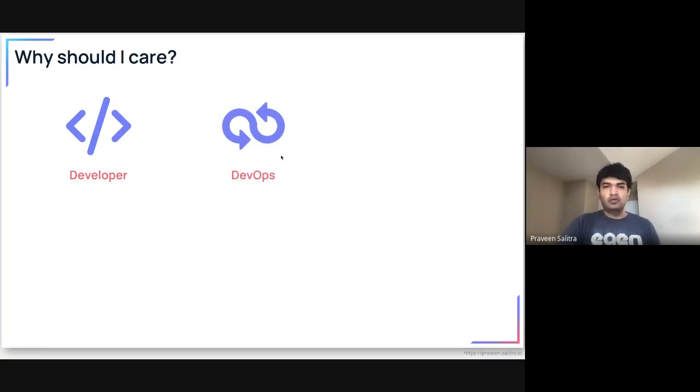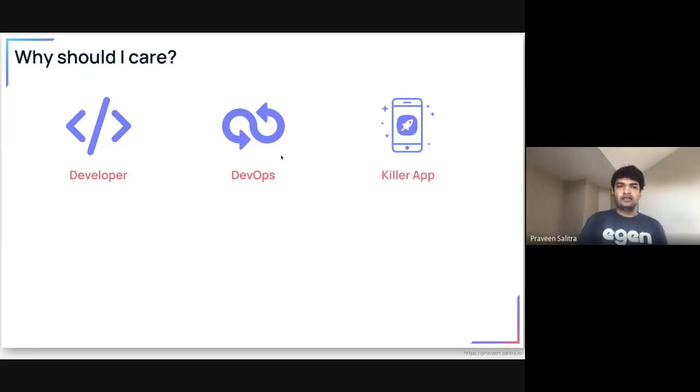Or maybe you are more focused on the infrastructure side, operation side. So you want to become an SRE or a DevOps person, again in these modern companies. Or you and a couple of your friends have some killer idea and you want to bootstrap a small startup. Right now, it may be you don't care about many of these principles because you just want to get users to your app, your mobile app, your new idea. Maybe down the line, when it scales and gets popular, right? At that point, you will come back to these principles and find out, you know what, looks like we have to refactor some of our code, some of our infrastructure because we want to scale.